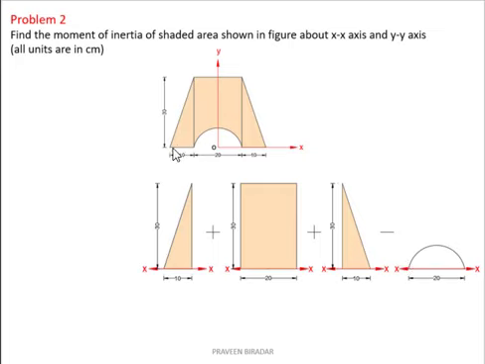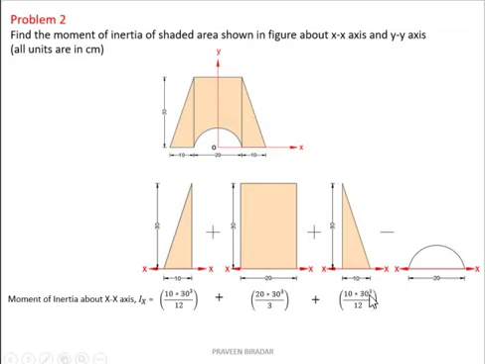Since the reference x-axis is at the base, when finding the moment of inertia about the base, I will just go on adding the moments of inertia about the x-axis. At the base, it is bd cube by 12 for the triangle, plus rectangle bd cube by 3 with respect to base, again triangle bd cube by 12 with respect to base. For the semicircle, I have to deduct, it is pi r4 by 8. Solving this, I will get Ixx equal to this value, moment of inertia about x-axis.